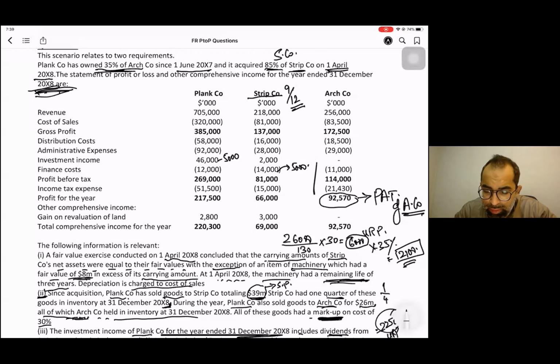Yes, one question. Sir, how can you say that the remaining 9,000 belongs to 12 months? 14 minus 5, the remaining 9,000, because it is written in the question, all items for which the examiner is silent are assumed to accrue evenly over the year. So we need to apportion. But for this 5,000, the examiner has openly told us,